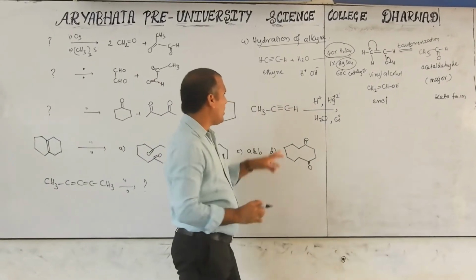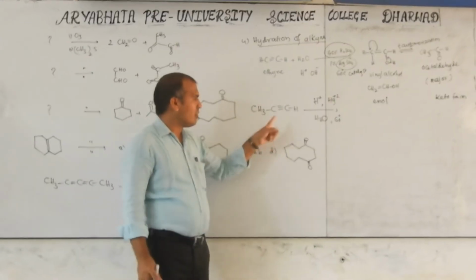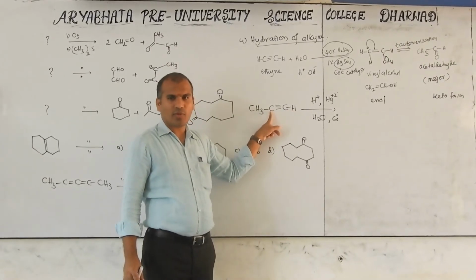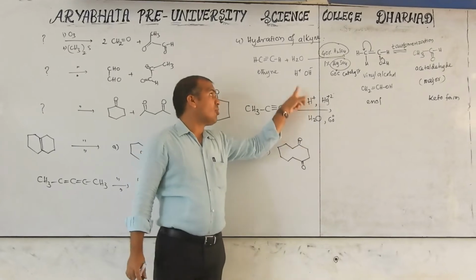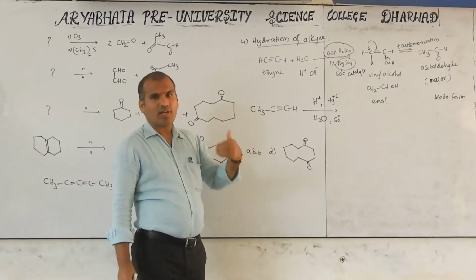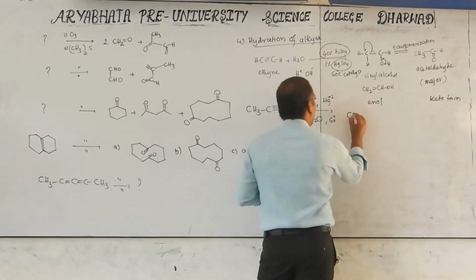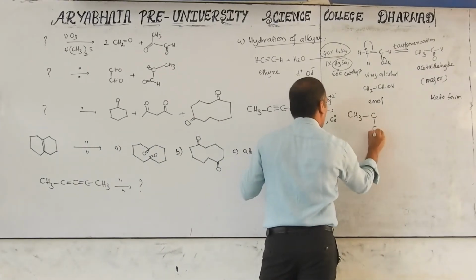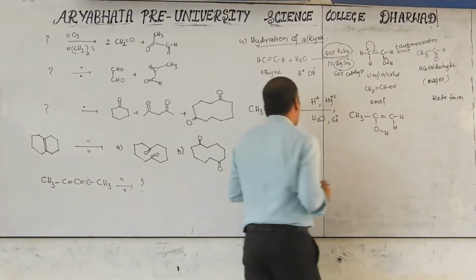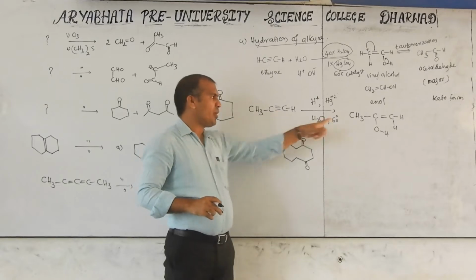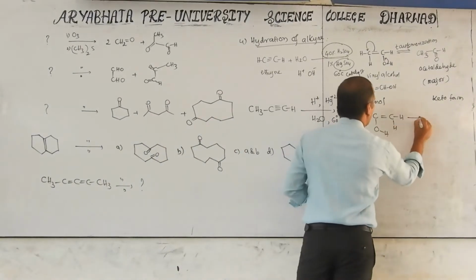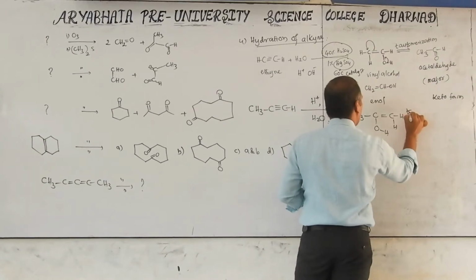Now follow the Markovnikov rule. This side has one hydrogen, and that side has no hydrogen on the triple bonded carbon. That's why in the water molecule, OH is bonded at which side? Left side, not right side. Therefore we get CH3, C, OH, double bond, CH and H. When these are bonded, one bond is used and the remaining 2 bonds are left. So again we undergo keto-enol tautomerization.